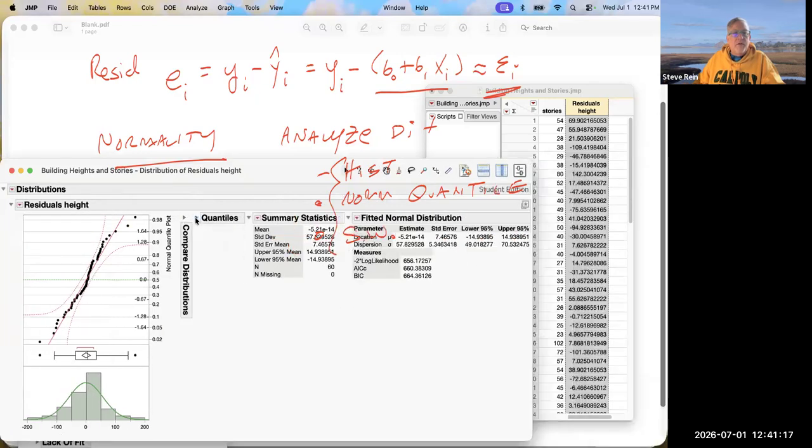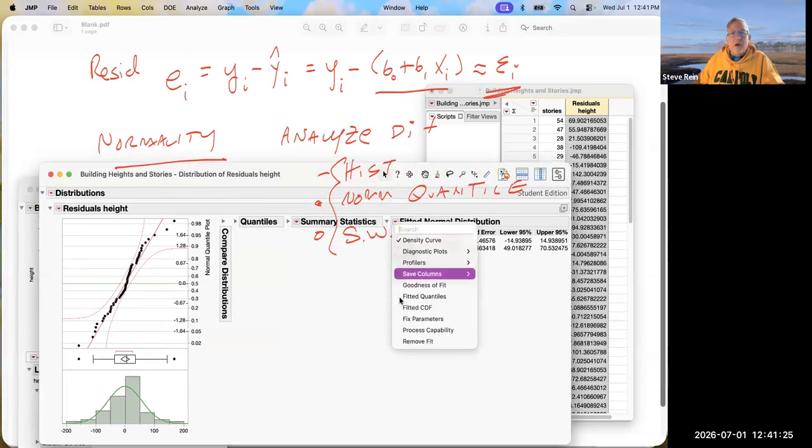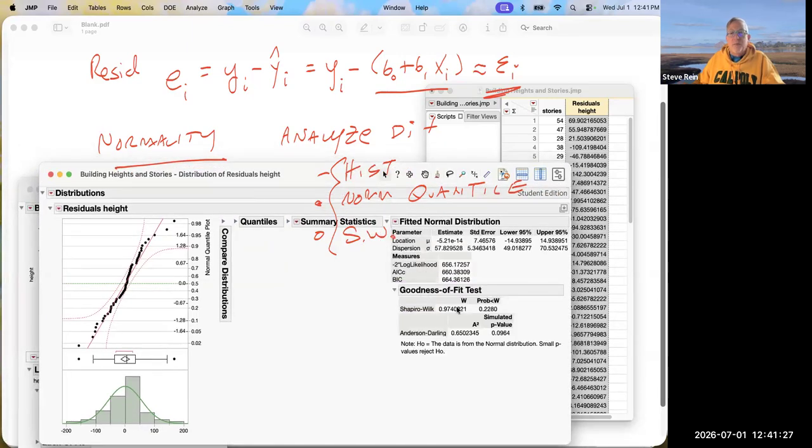And if I'm going to then use that continuous normal, that fitted normal distribution that we see over here, all I have to do is turn on this goodness of fit procedure. And my Shapiro-Wilk p-value says 0.2280. In other words, it's not a perfectly normal histogram, but it's not